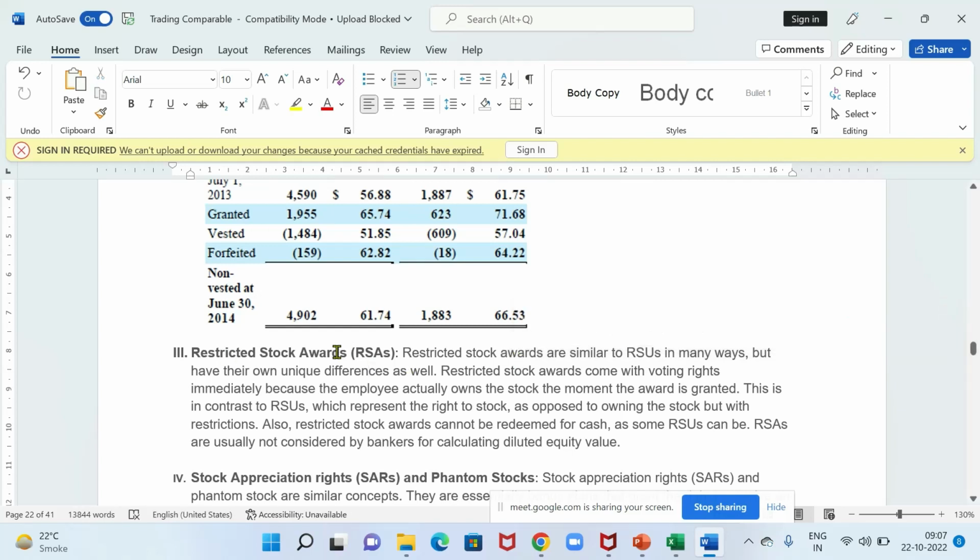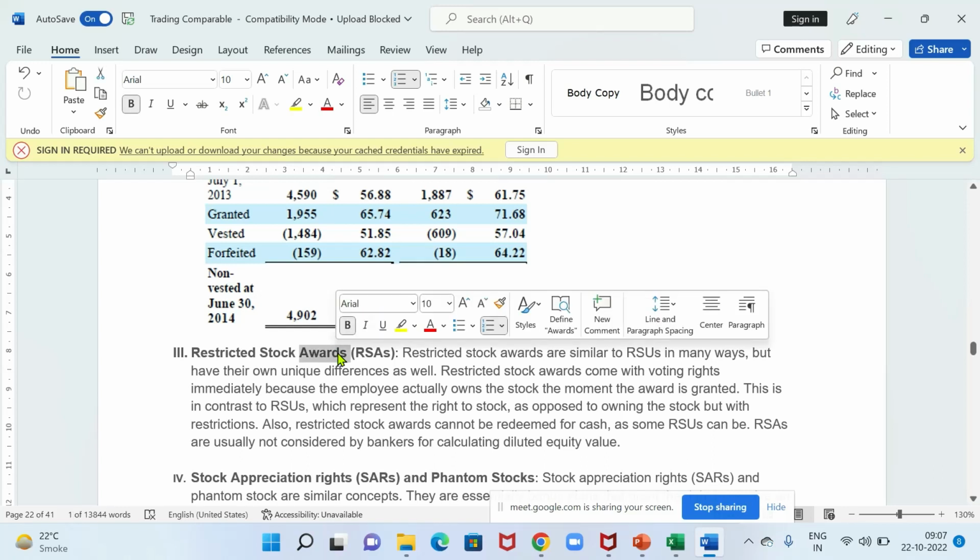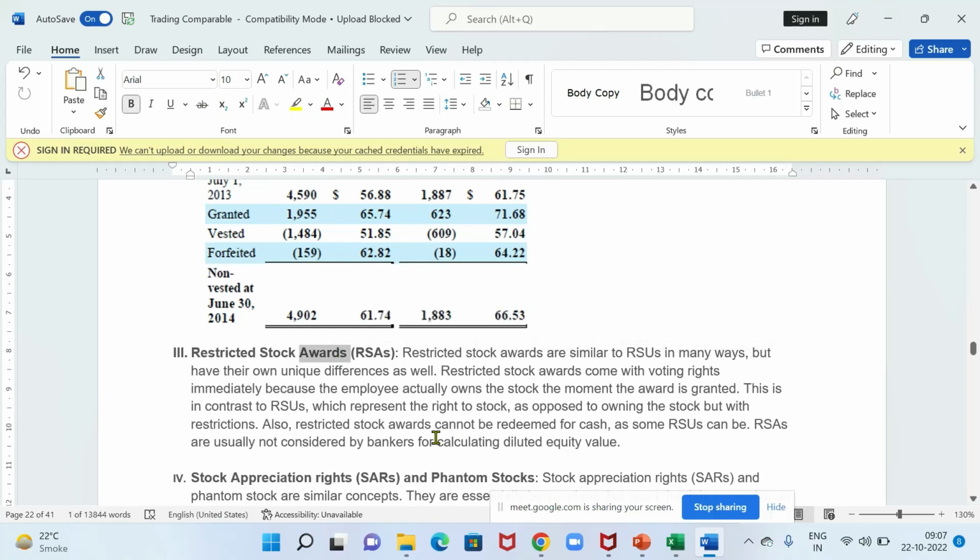Whenever you see awards written or any option in the footnote, it says that it is not getting converted into equity and it would be cash settled. Just simply exclude it. We don't need to include it. Cash settled would be company will pay cash out of their pocket to settle it. Hence, my number of shares will not increase. Restricted stock awards are already issued by management, are also part of my outstanding shares. So hence I'll not do.